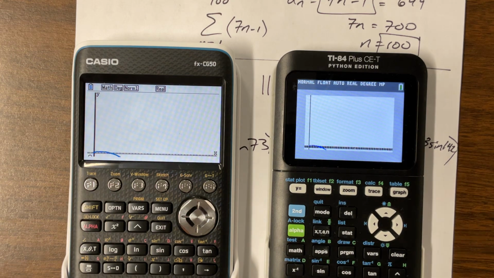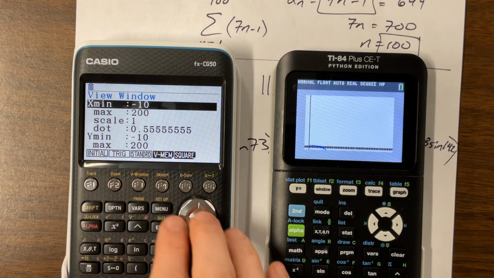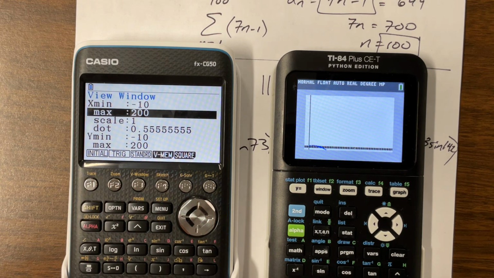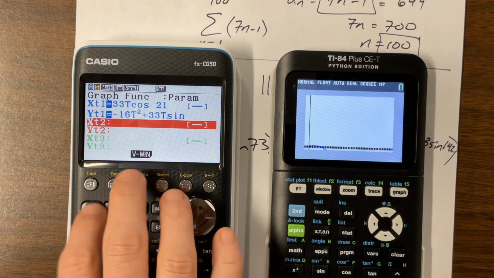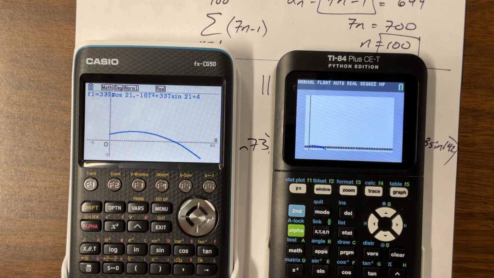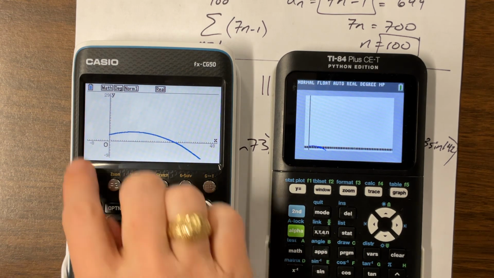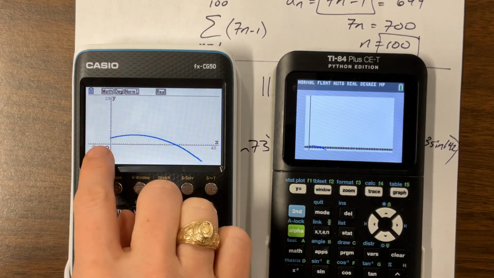Okay, my windows weren't great. Let's change this window. We don't need to go to 200. Maybe we just need to go to 50. And that, oh, back to my window. And this 200 was way too big. Let's just say 30. Let's see. Oh, that's much better. And you'll notice, I mean, it's even too high still, but you'll notice that it does